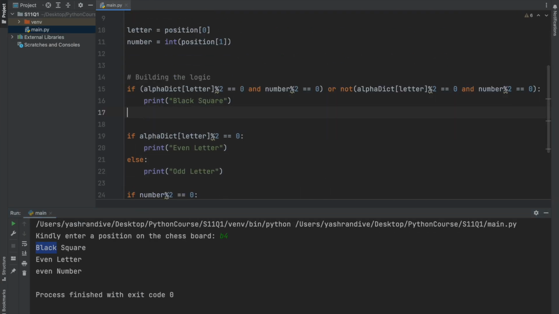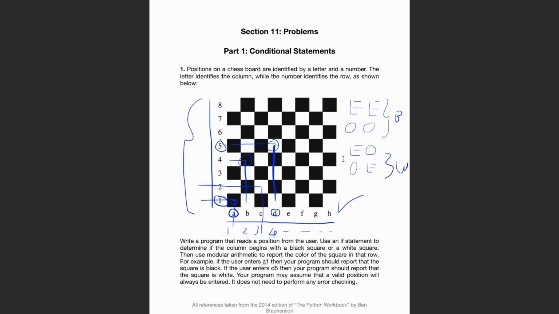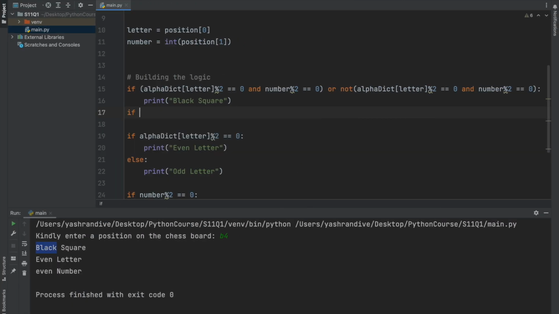Now let's go for white squares. So when do we have white squares? We have white squares when one is even and the other is odd, like when the letters are even and numbers are odd, or when the letters are odd and numbers are even. So for that, we write simply: if the letter is even and the number is odd, so if number mod 2 is not equal to 0, so if the letter is even and the number is odd, or